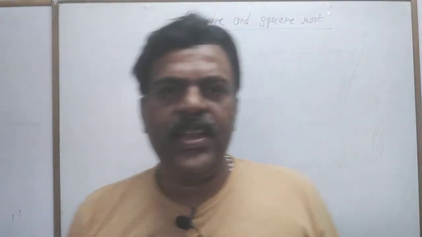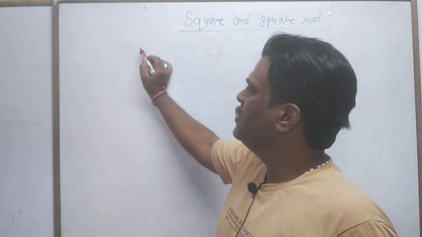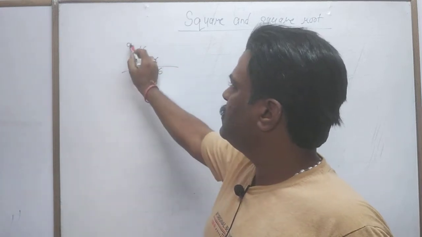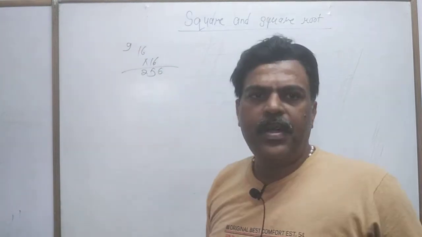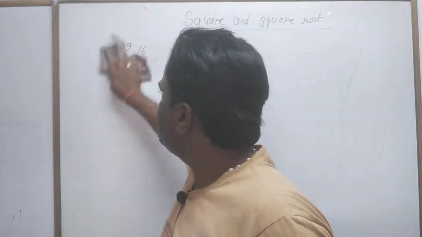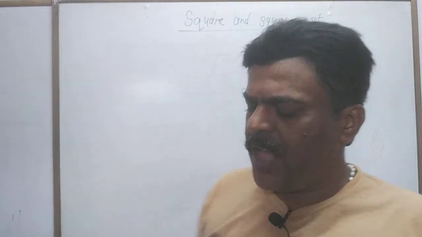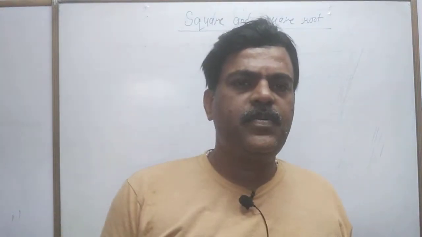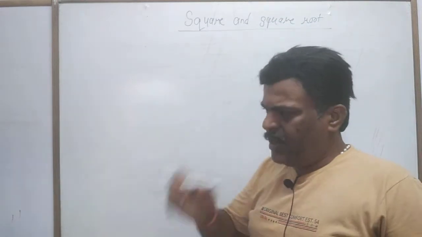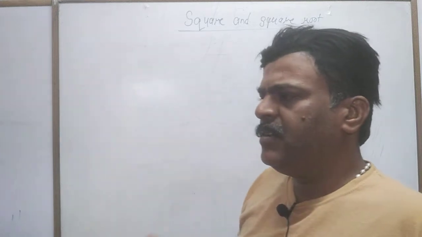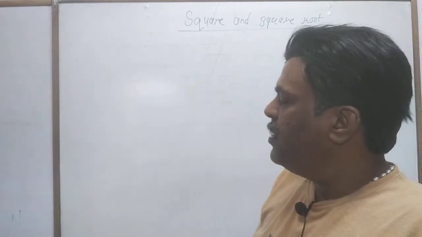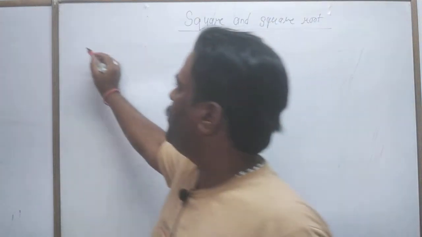Now to find the square is very simple. If any number is given to you, you have to find the square of that number by simple multiplication. Now for higher studies and for competition exams like bank, SSC and others, there are lots of short tricks to find the square. But this is not in our syllabus, and in any free time I will give you those short tricks. But now, how to find the square root.